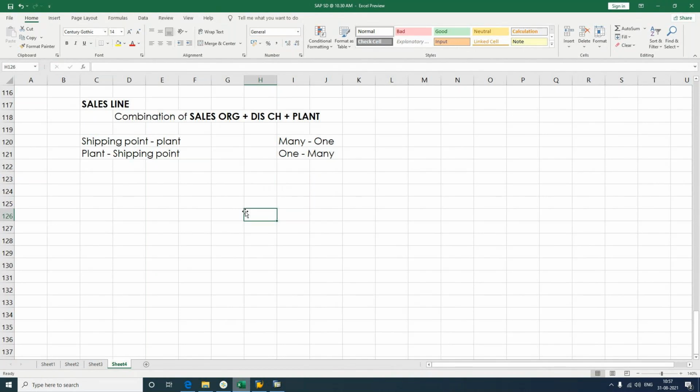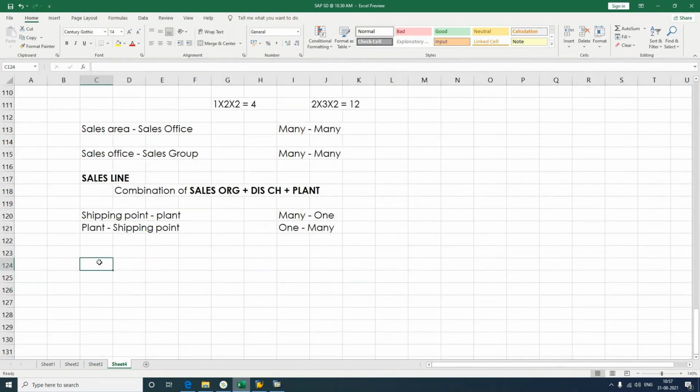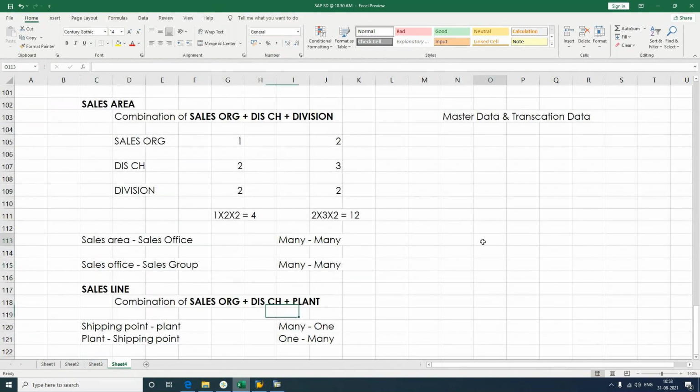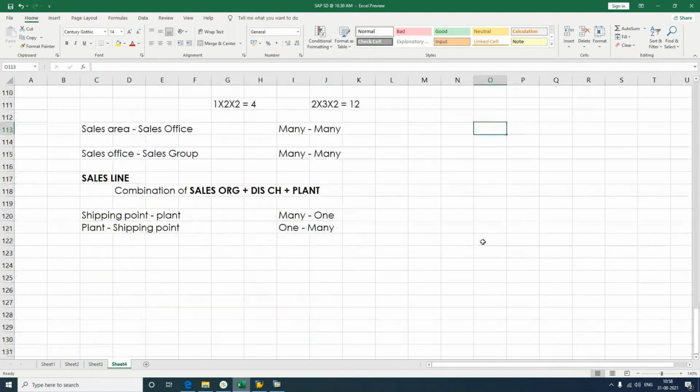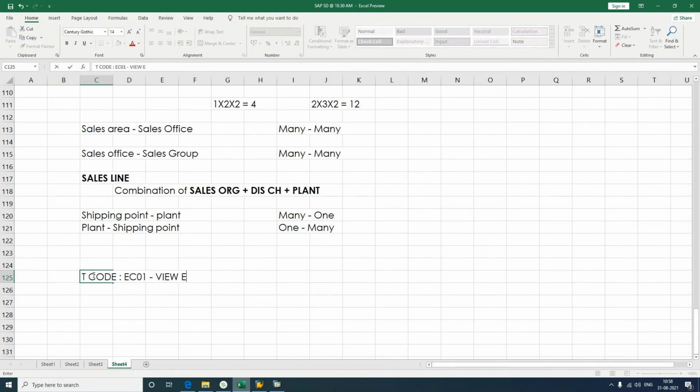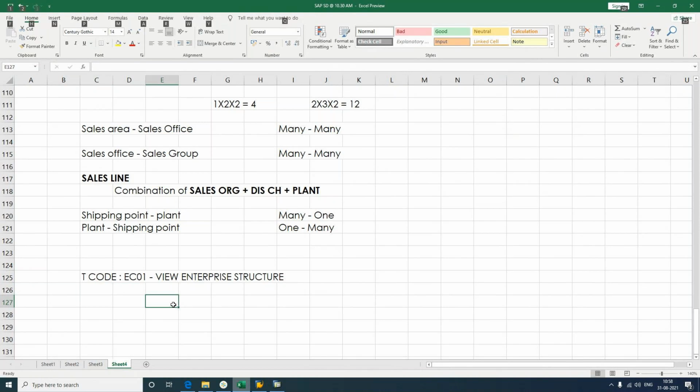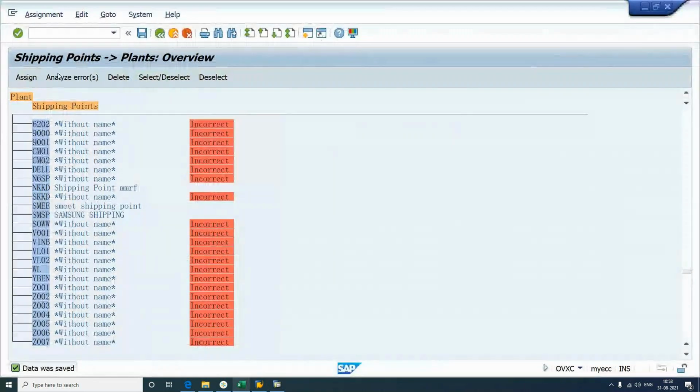Okay. So with this, our total enterprise structure configuration has been completed. And once you're done with the entire structure, if you want to view it, please take the help of transaction code EC01. This is basically to view the enterprise structure. So whatever configuration we have done, we can get that one. I'm just trying to show you this one as well. If you get into EC01,